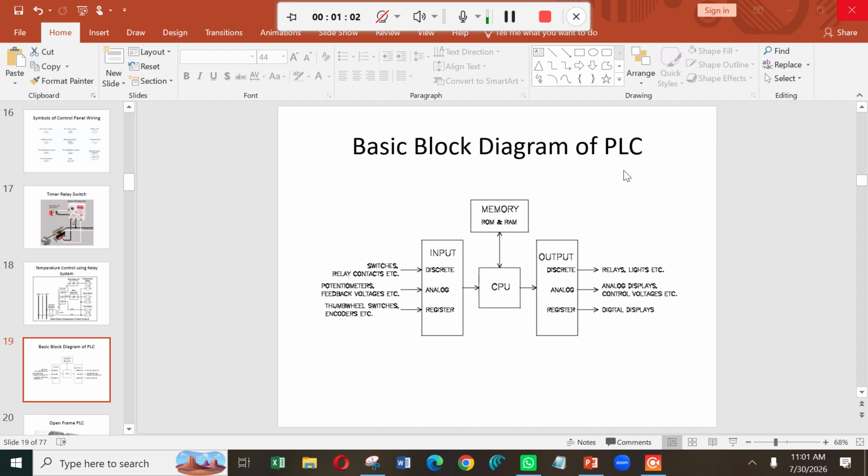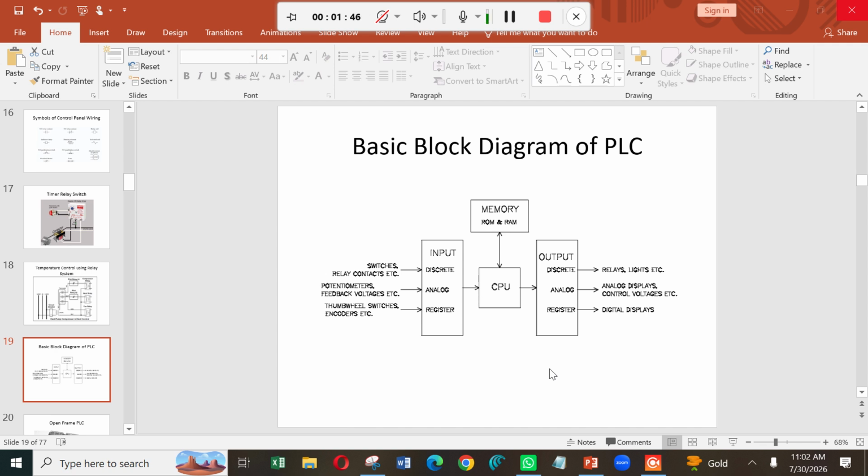Fine. Okay. So, from this block diagram, you can see the CPU and there is a separate module, or maybe an inbuilt module, to connect the inputs, like switches, sensors, or some other analog inputs. Okay. Similarly, there may be an inbuilt module or an additional external output module. There we can connect output devices, maybe a relay or a motor driver. Then there may be some display or indicator like that.